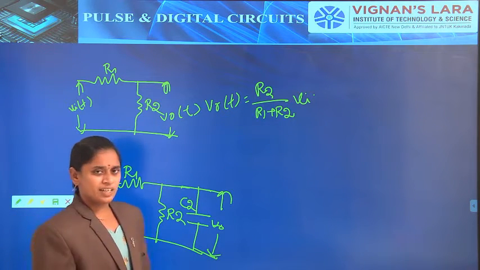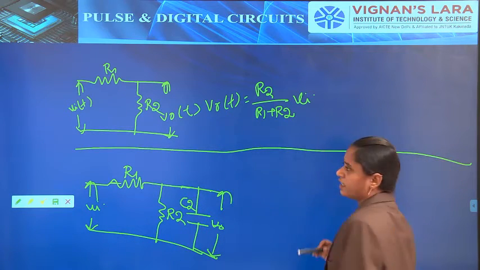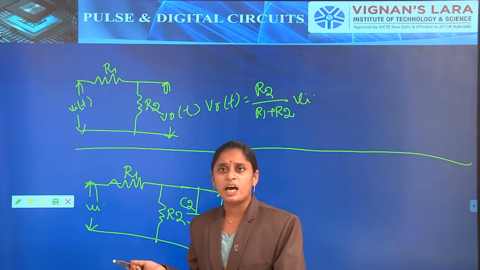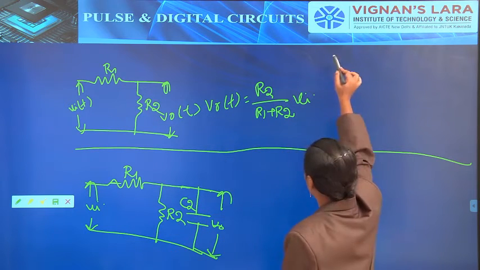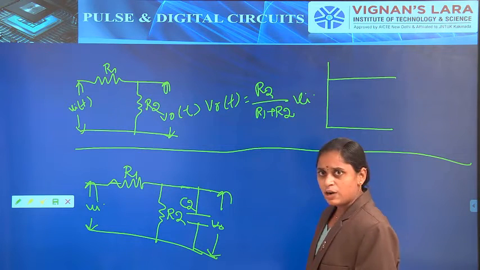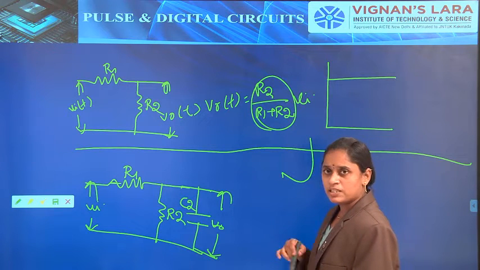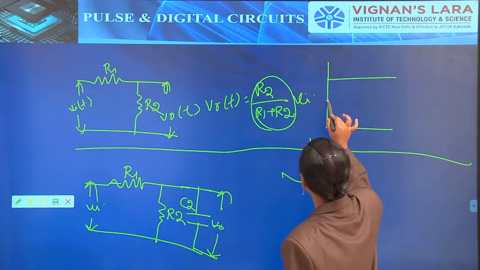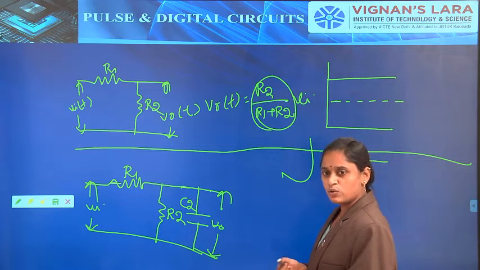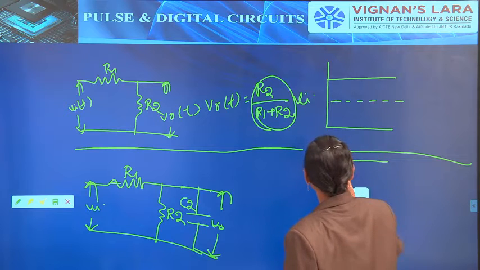Generally, for example, with this circuit how can an output be generated? We first have to check. Simply, the input signal may be a step signal. So the output signal is reduced by R2 by R1 plus R2 times. Then the output signal, compared to the input signal, has its voltage reduced. So that is the main thing about the attenuator.